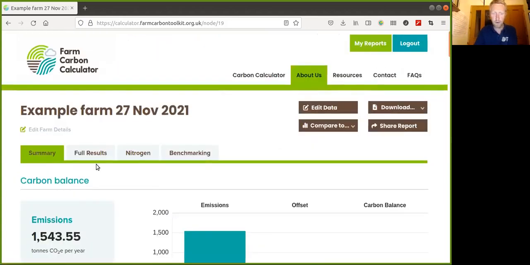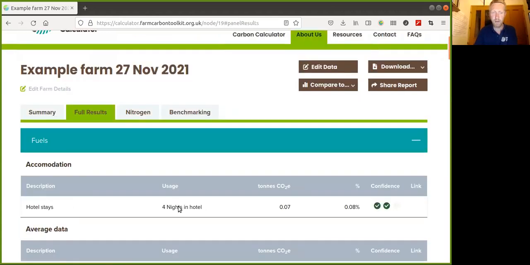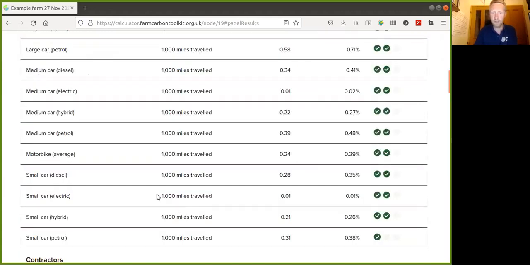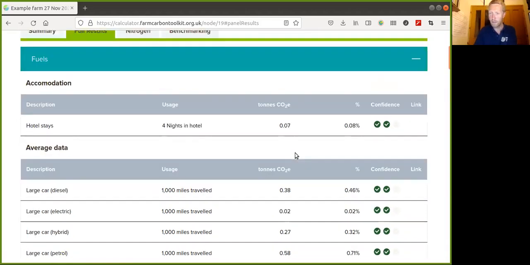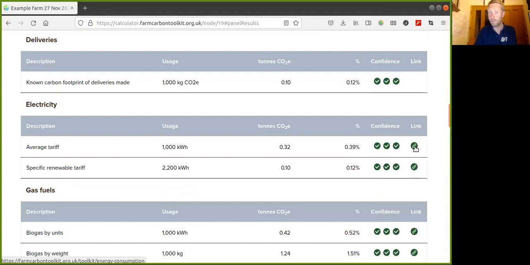Okay, quick whiz back up the top. Full results means that you can go into any amount of detail that you want to see. So anything that you've entered in the calculator, it'll tell you exactly what you've entered here and the tons of CO2e here and the percentage of your overall emissions. Okay. This confidence is how much confidence we've got in the emissions. And then a link through to the Farm Carbon Toolkit where you can get advice for that particular issue,